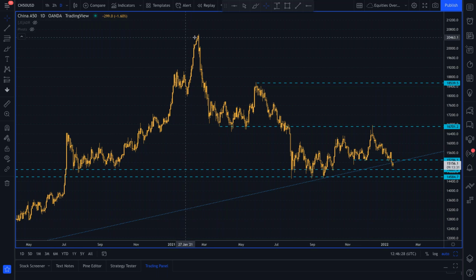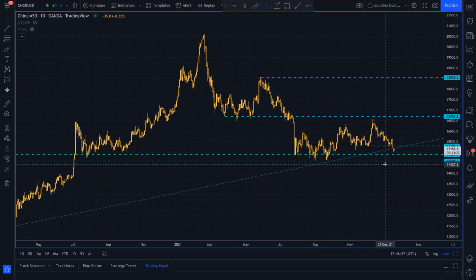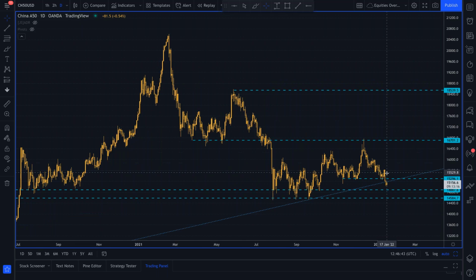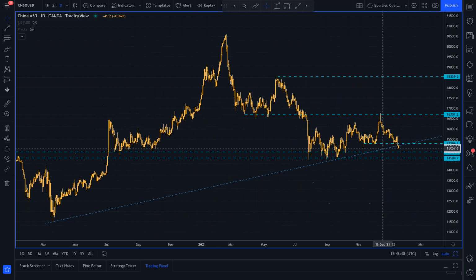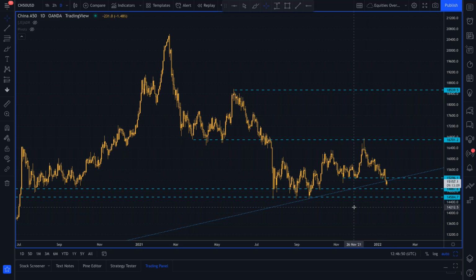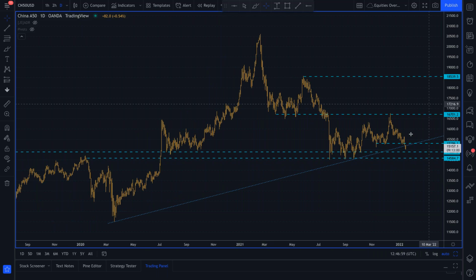So while you can see those huge falls in the Chinese stock market during the course of last year, right? Now we're seeing the People's Bank of China cutting interest rates. In other words, making conditions more supportive for Chinese companies. That should be upside for the China A50. So if you're looking at going long China A50, from a medium-term perspective, I think just stops the other side of 14,200 makes sense. Okay, so just stops the other side of 14,200, looking for a move higher.